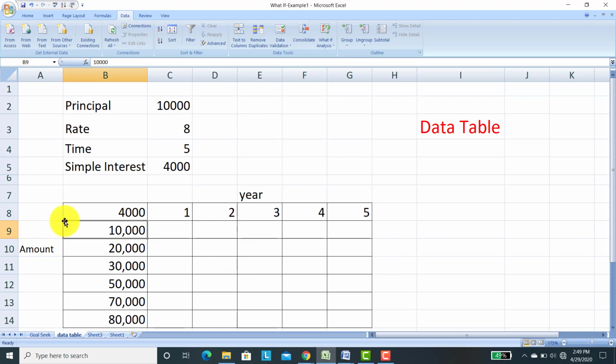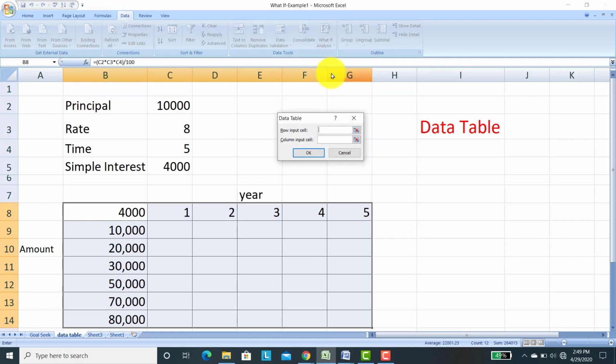What you have to do now is select this table, go to data, what if analysis, and data table. A data table dialog box will open. In the first row, it has written row input cell.